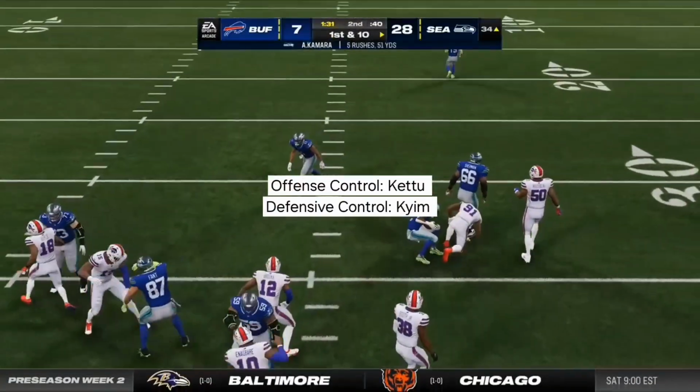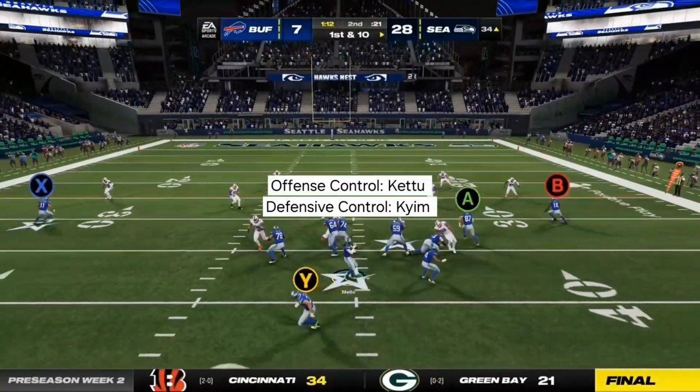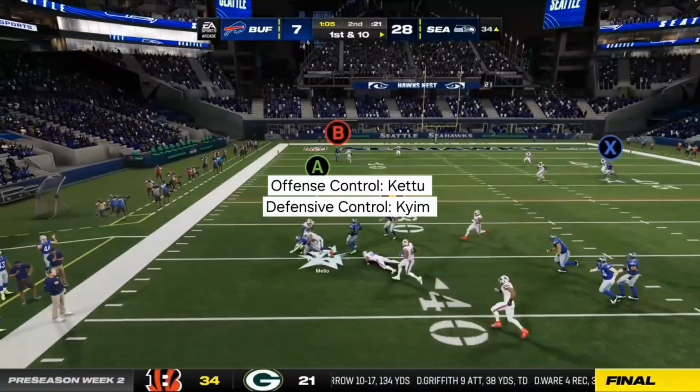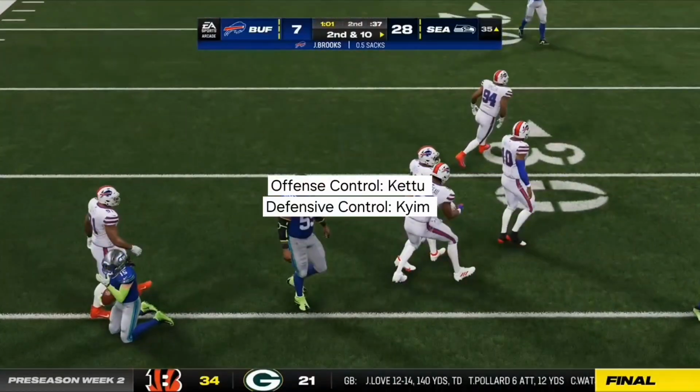And brought down, but not before he was able to break the tackle, and the extra effort moves forward now. Here's 1st and 10. Being chased out left. And fights him off, but now he's swallowed up and taken down. Multiple players...